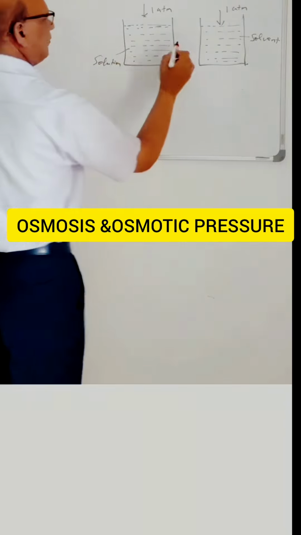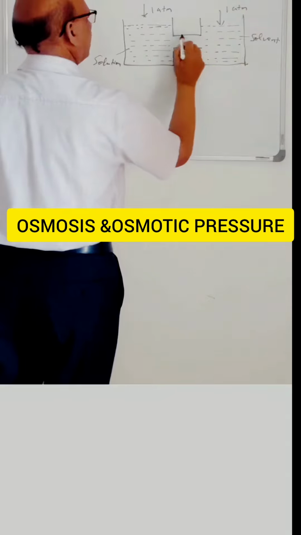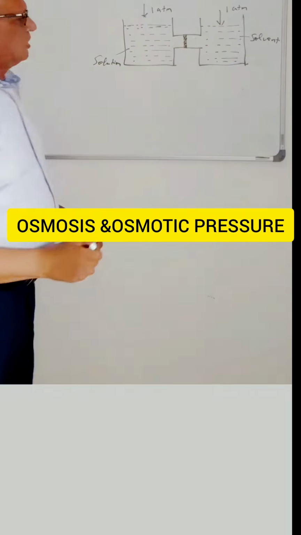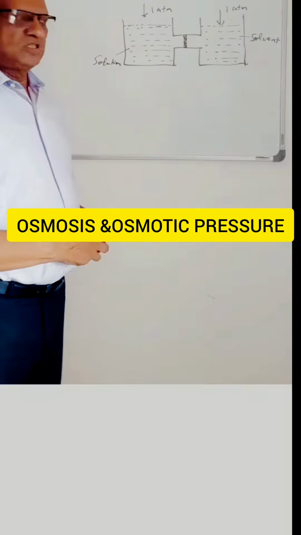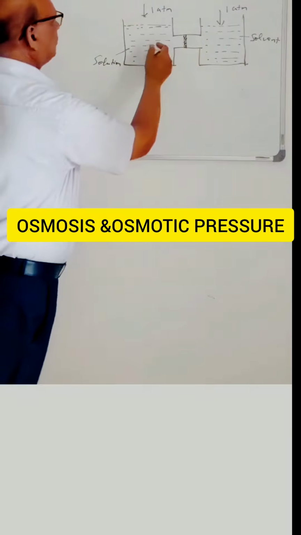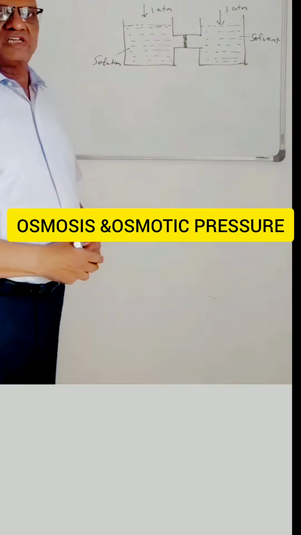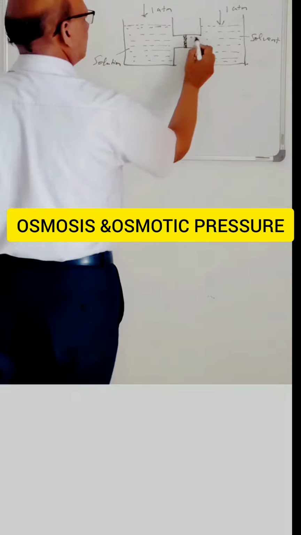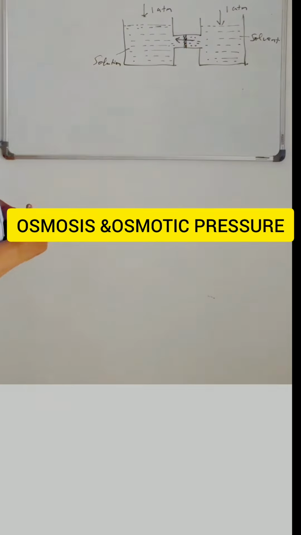Okay. Now if we connect these two beakers like this with a semi-permeable membrane, this is called a semi-permeable membrane. What is the meaning of semi-permeable membrane? It is a membrane which allows only the solvent molecules to pass through. The pore size is sub-microscopic, so that only solvent molecules can pass through it. Solute molecules cannot pass through it, because the solute molecule size is bigger. So what happens? Due to this osmosis, the solvent molecules will pass from this side to this side. Okay, so this is called osmosis.